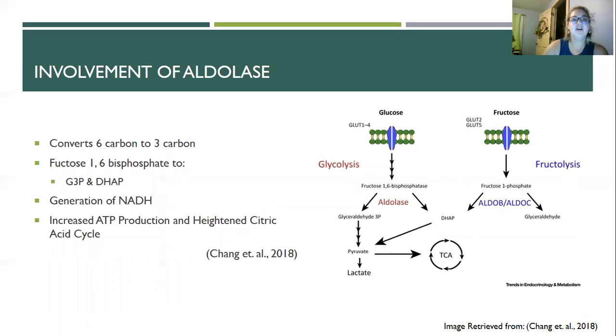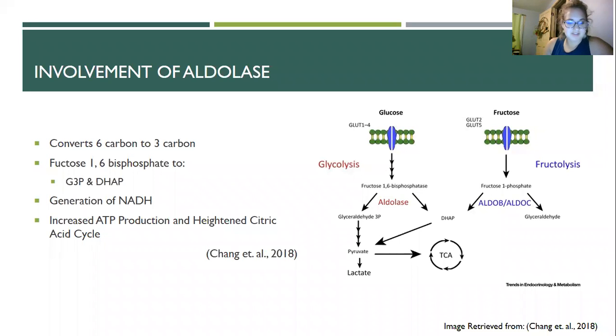Okay, involvement of aldolase. The way that aldolase is involved in glycolysis and gluconeogenesis is when it converts 6-carbon products into 3-carbon products. So it takes fructose 1,6-bisphosphate to create G3P, that's glyceraldehyde 3-phosphate, and DHAP,